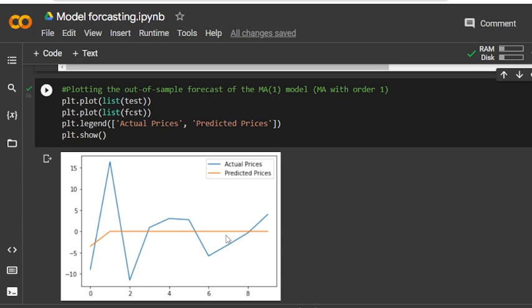But when forecasting the second step, the model does not know the actual value for t plus 1, which is an input needed for the forecast at t plus 2.